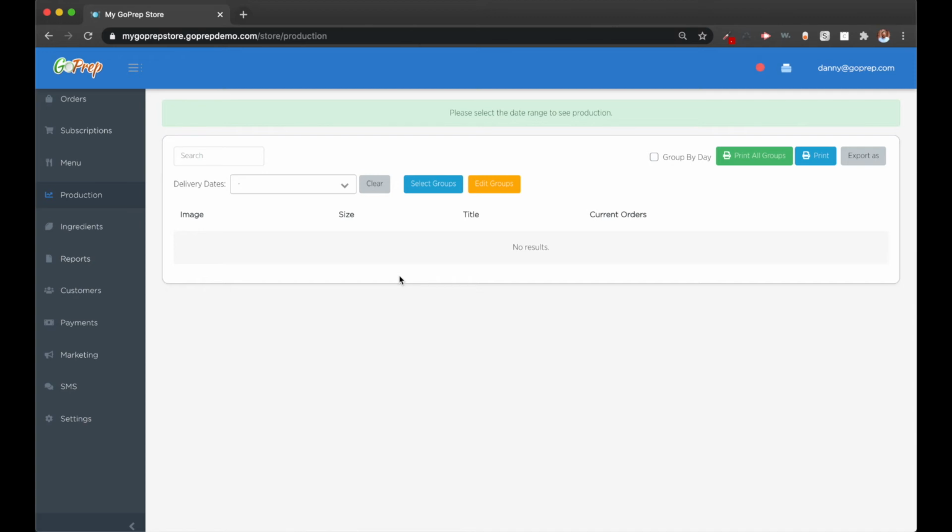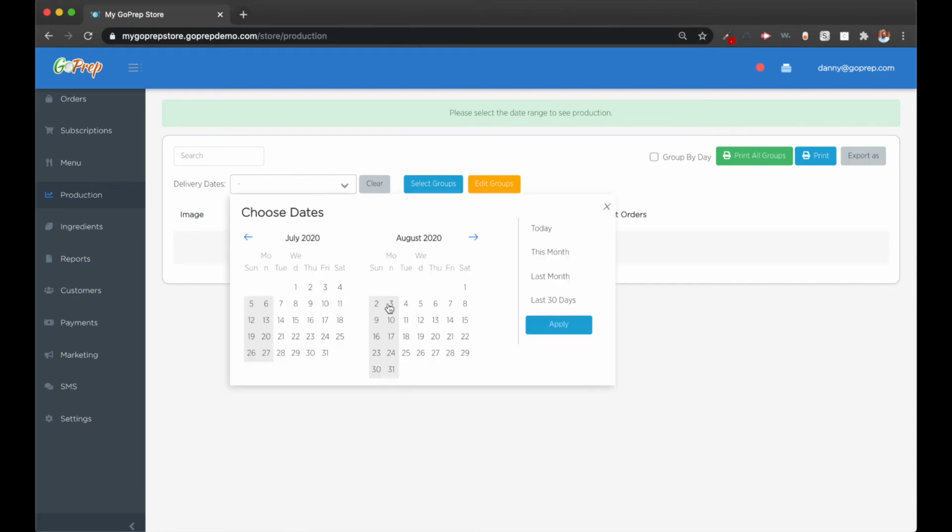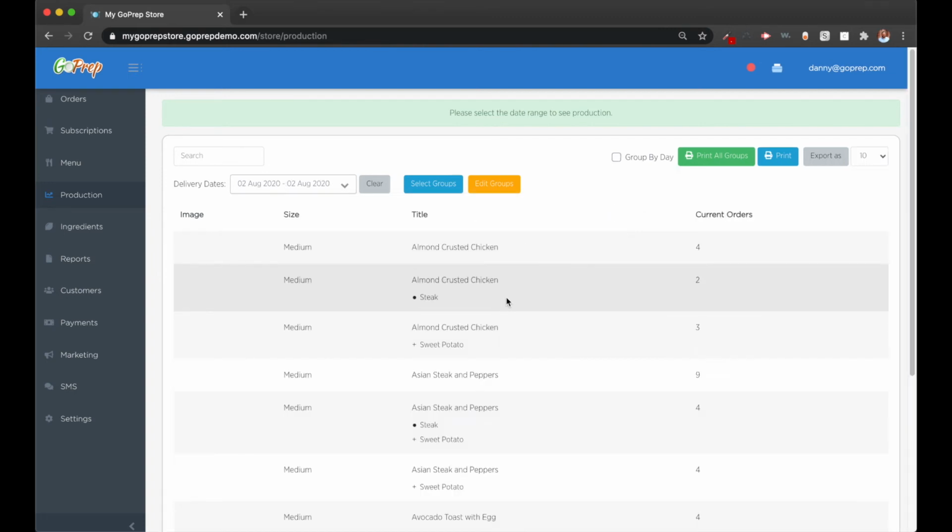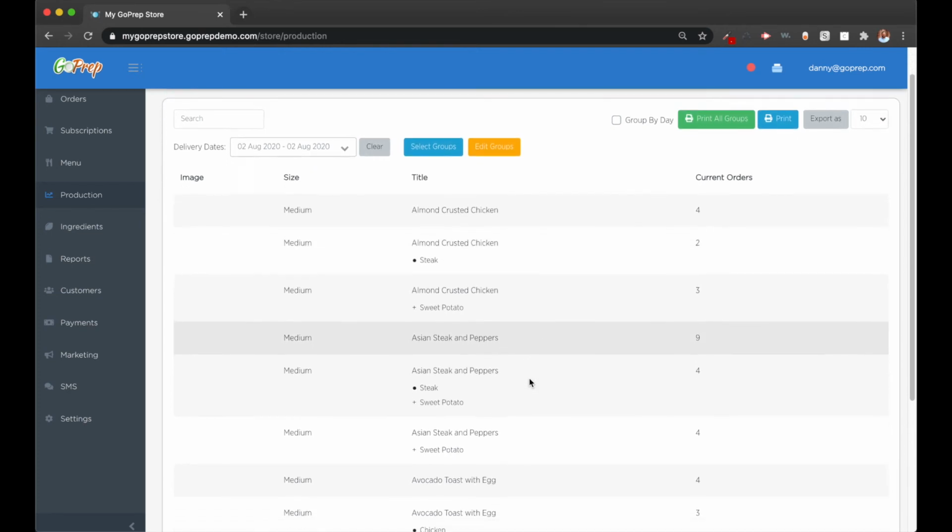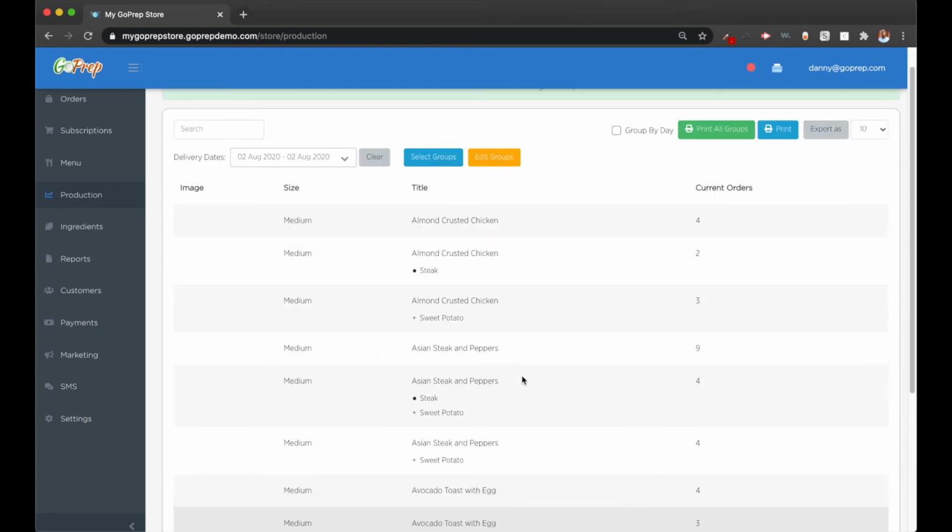So this is where you're really saving that time from spreadsheets or manually collecting orders and everything like that. To get started, we would just select our delivery dates. In this example, I'm going to do August 2nd. You could even select a date range. And you see it's going to give us a nice organized list here of all the meals we need to